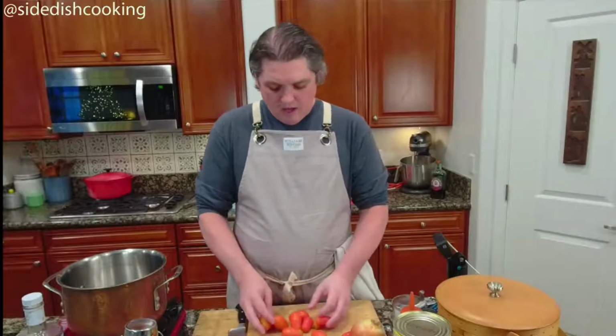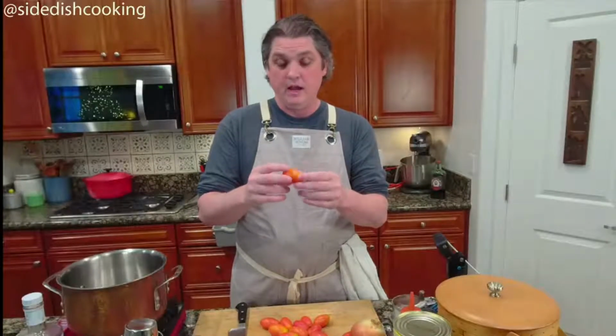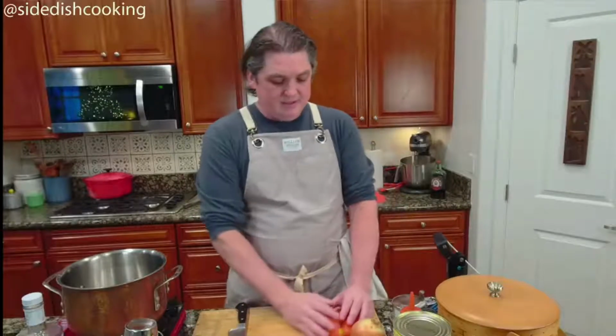Tonight, again, tomato sauce. So let's talk about that. I have a bunch of these little Roma tomatoes from our friend Billy and Teresa's garden. Her mom is a very prolific gardener, and she brought me these today, plus some other varieties. I'm going to use some of these, but really,